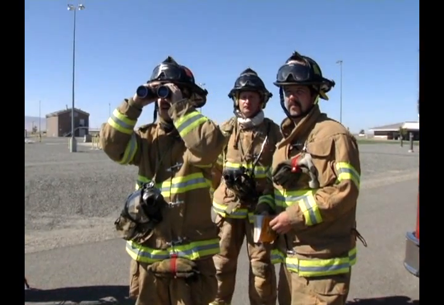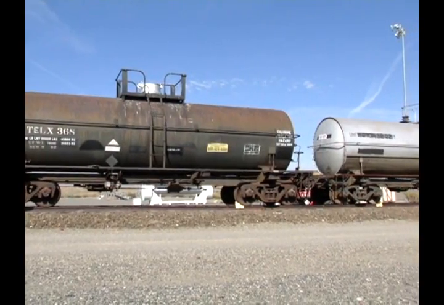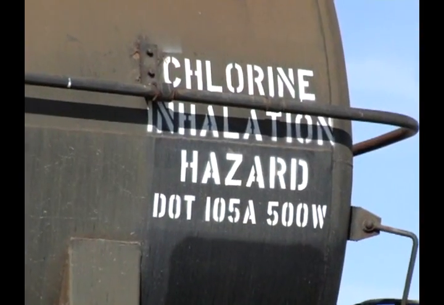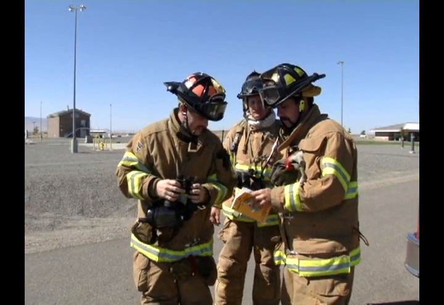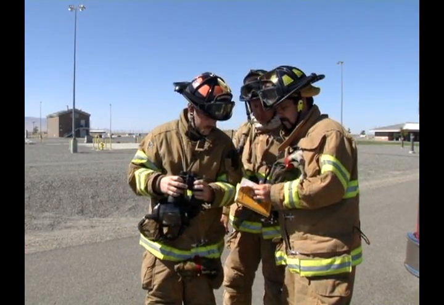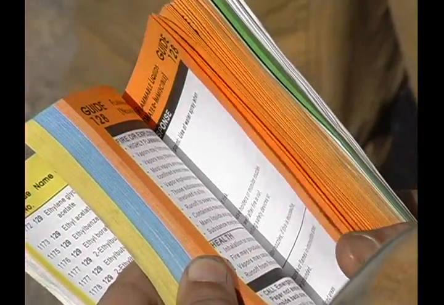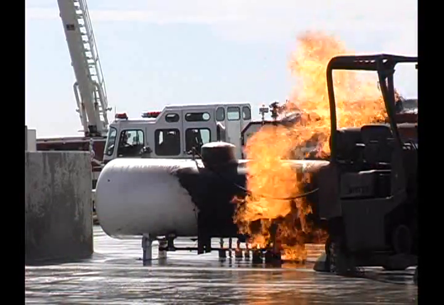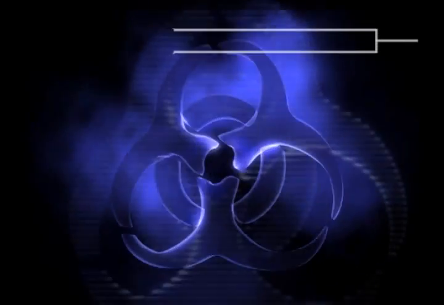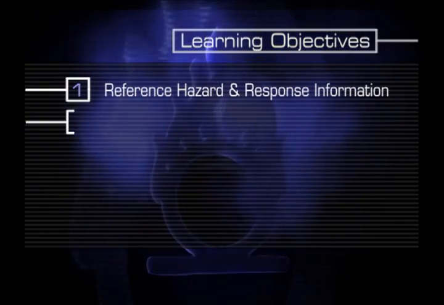Once you've identified the shapes of containers and read their markings, you need to collect and communicate detailed hazard and response data before taking action. 1203. According to NFPA 472, operations level responders must quickly verify information from at least 3 sources, communicate any dangers, and mitigate hazards. To help you understand this process, your learning objectives are to reference hazard and response information, understand